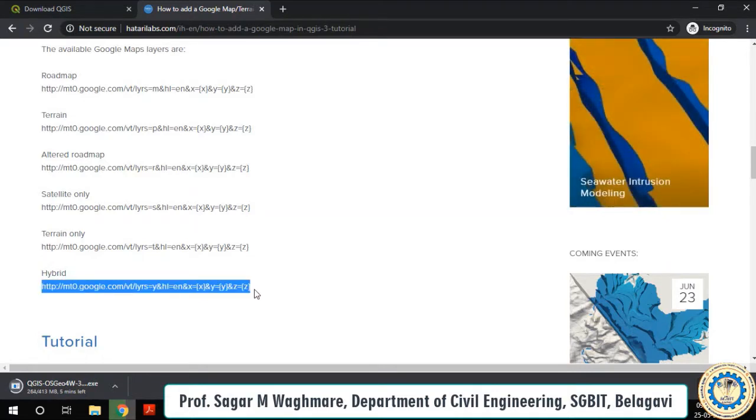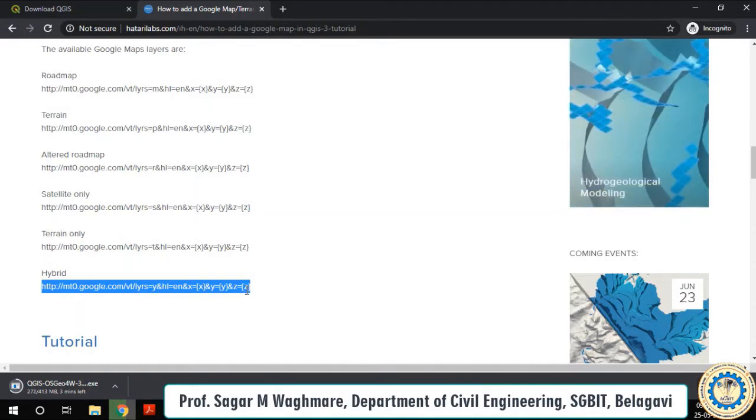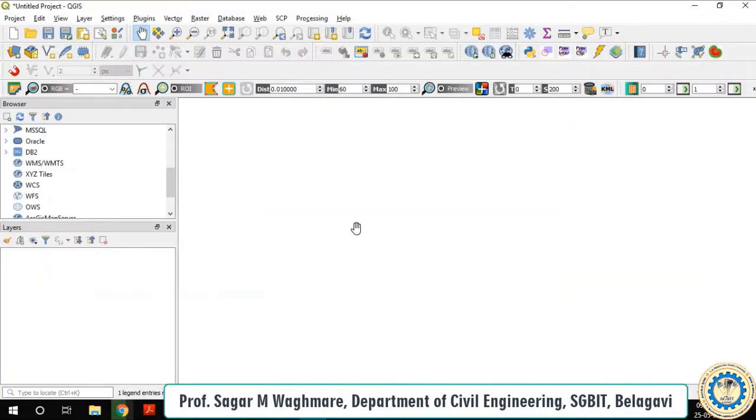This hybrid map is a combination of all the points. It gives all locations and everything, as if you're calling Google Earth or Google Maps into the QGIS. To do that, I'll just go here. I have copied already the link. I will go to the option called